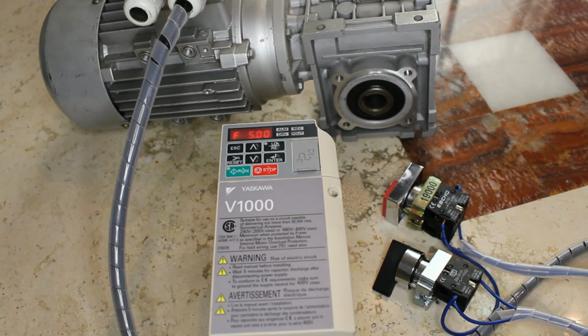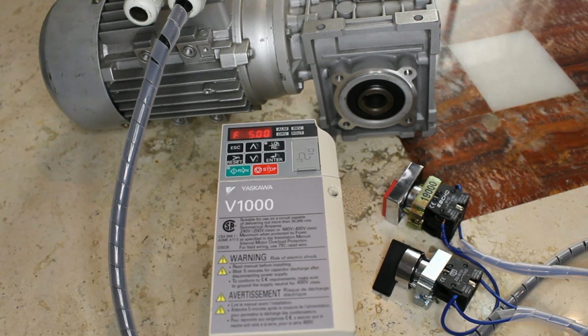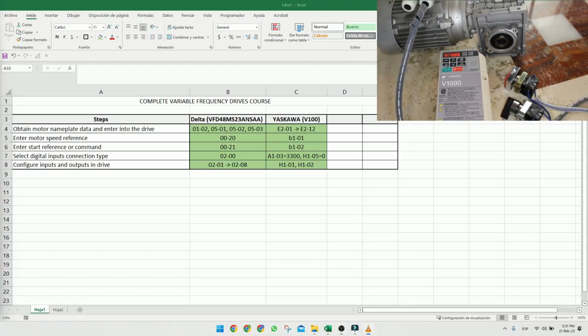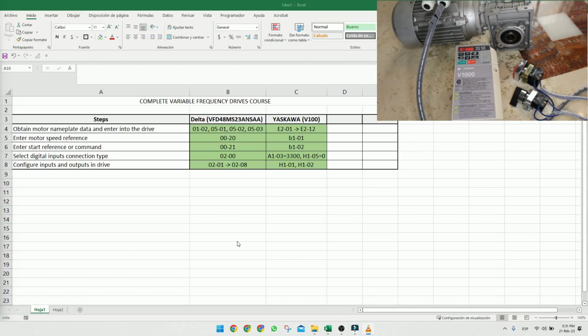We are configuring our Yaskawa drive. We already entered our parameters in our previous video, and in this video, we're going to test out and try if everything that we entered worked, if everything that we did was correct or not. Okay? Now, something that I noticed when we entered our parameter